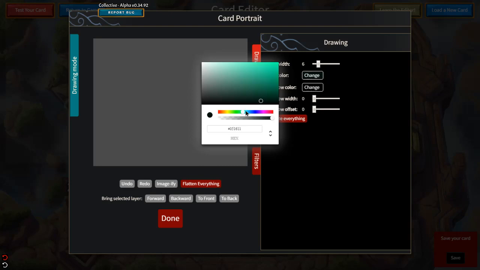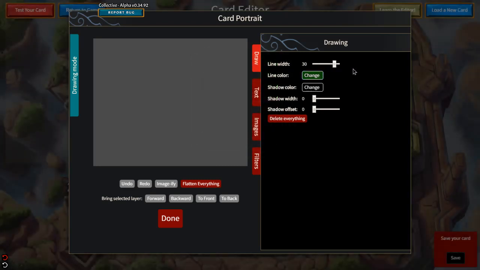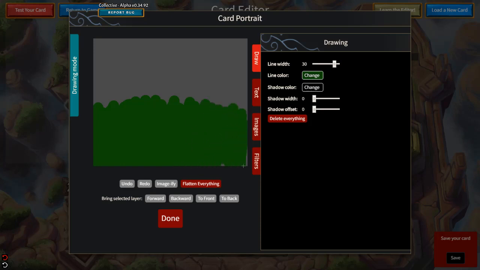So you can pick your color. If you have a specific hexadecimal color that you want, you can do that. And then you basically pick the size of your stroke, and you can draw with it. So that's pretty simple. As far as other things that the draw tool can do, I haven't found a use for it yet. I'm sure there is one, but you can turn on the shadow here,